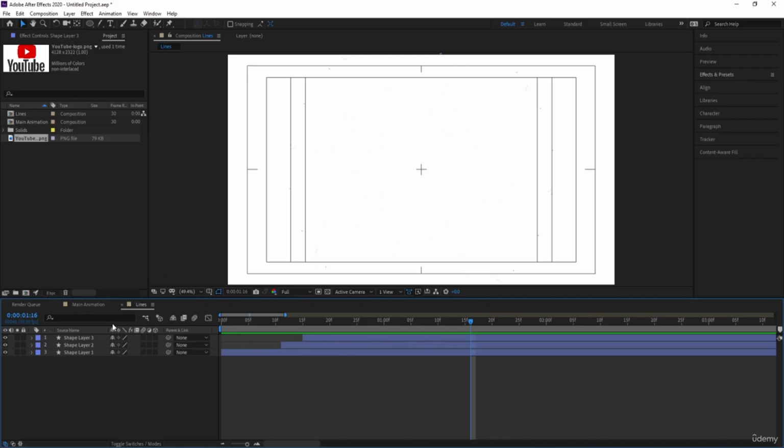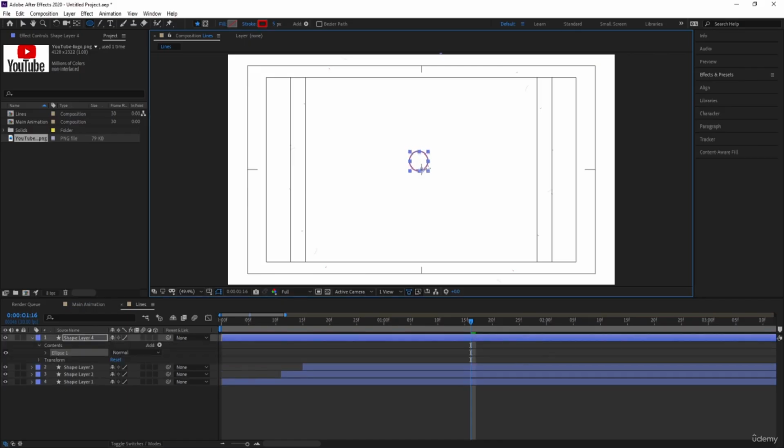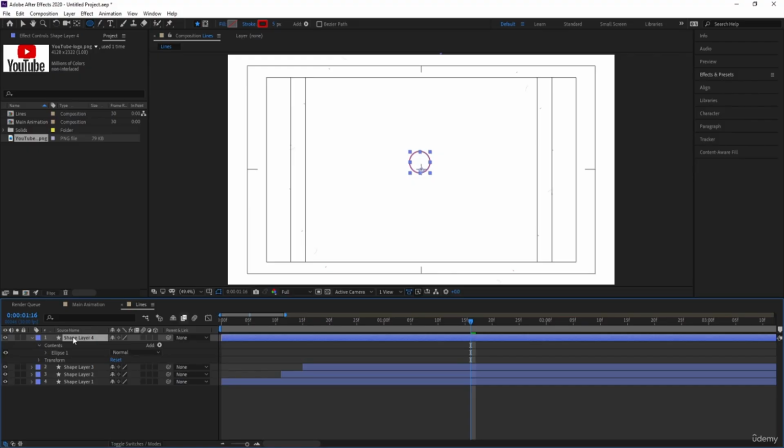Then another thing we need to do is create shapes. So let's select this ellipse and choose 5 pixels for now. By holding shift, I'm going to create one ellipse. Select this, press Ctrl Alt Home to align that anchor point in the center. Go to the Align tab, align